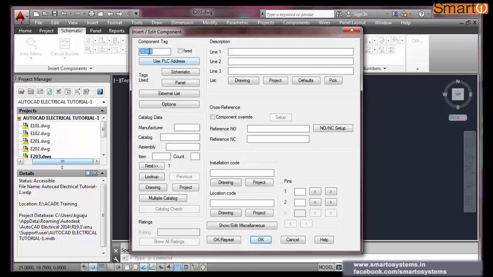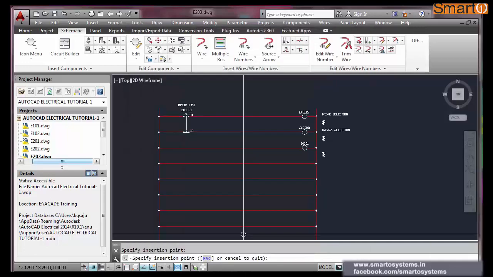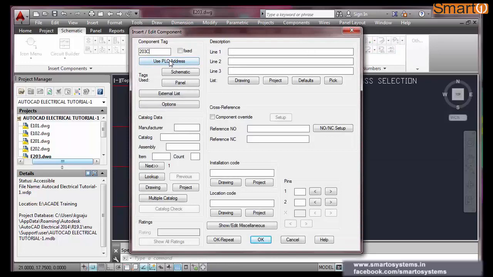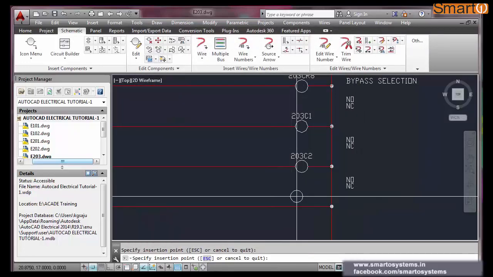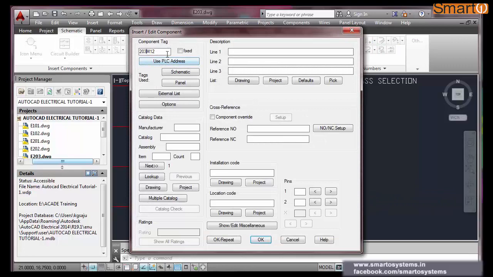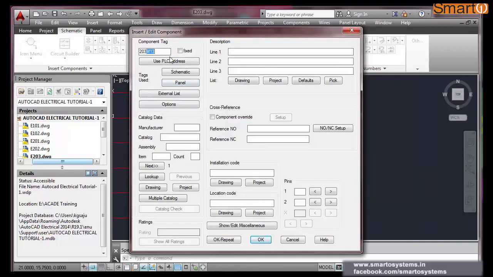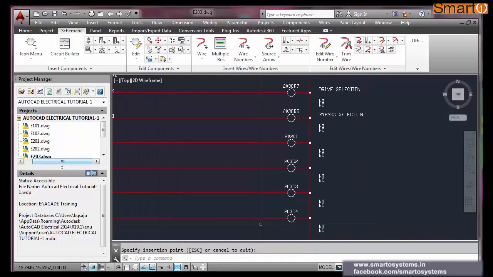Okay, we have already given 203 C1 there. Okay, repeat. This should be C2. Okay, repeat. C3. Okay, repeat. C4.